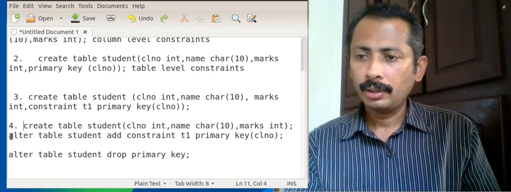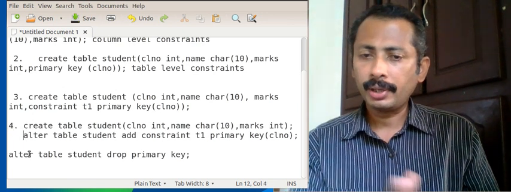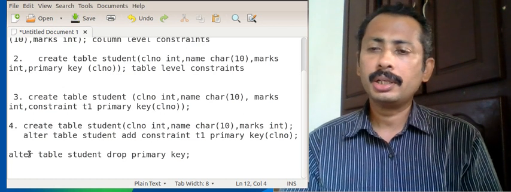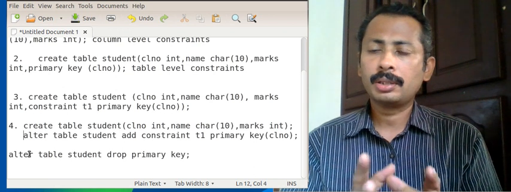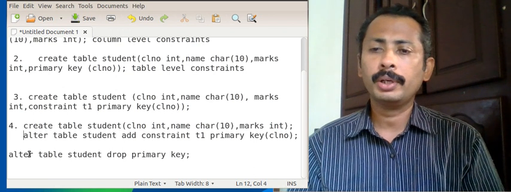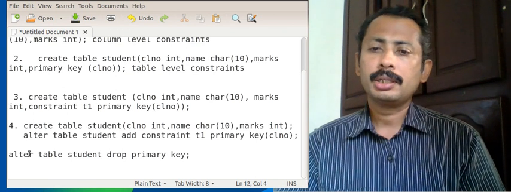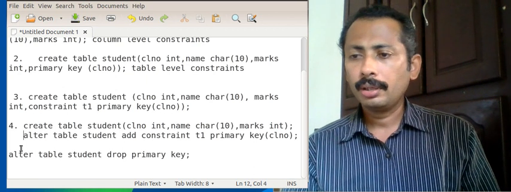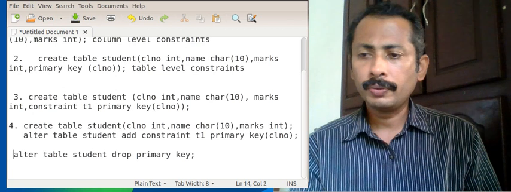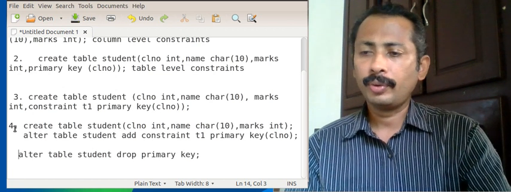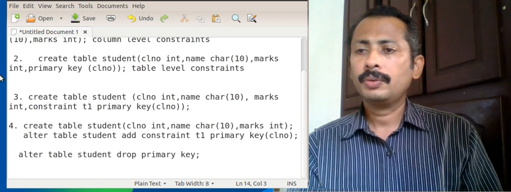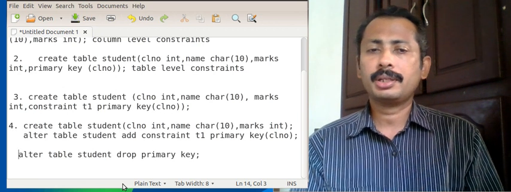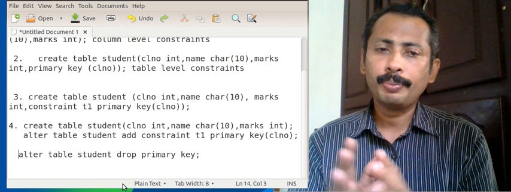That is, first we create a simple table without any keys, then we change the structure of the table using alter table student, add constraint name, then primary key class number, and this works with 3 and 4. We can delete the primary key constraint. So this is about primary key.